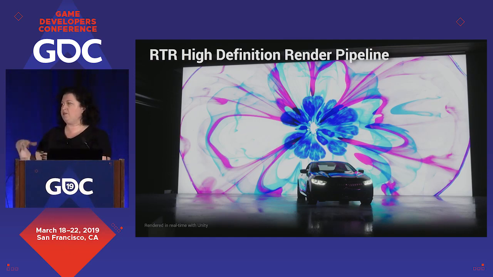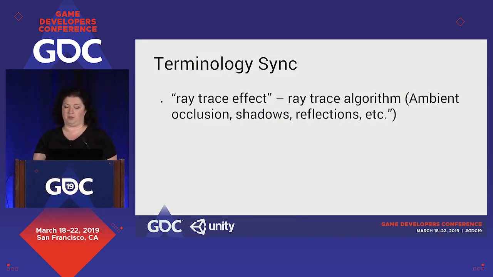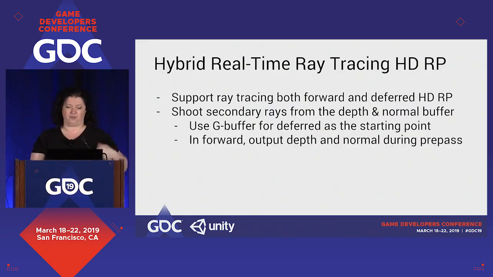And so after that, the majority of the work on the ray tracing effects happened on that level, which of course meant that we can iterate really quickly on the effects once the architecture was established. And just a quick thing, I'll constantly be saying ray trace effect. Really, it just means a bucket or container for anything that goes on to render a particular ray trace algorithm, be it ambient occlusion or shadows, and so forth.